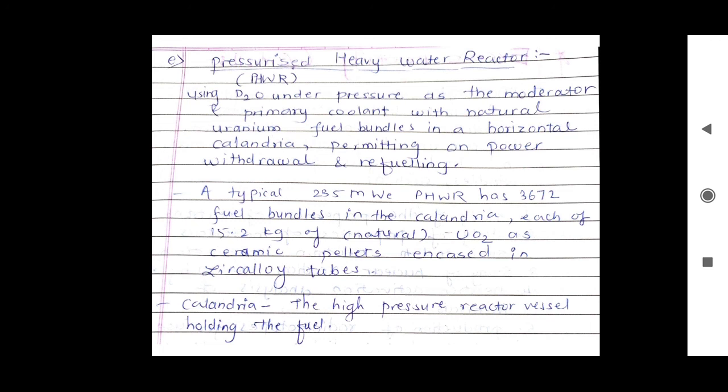A typical 235 megawatt PHWR has 3672 fuel bundles in the calandria, each of 15.2 kg of natural uranium as uranium oxide ceramic pellets encased in zircaloy tubes. The calandria is the high pressure reactor vessel holding the fuel. Simply, in the pressurized heavy water reactor, deuterated water acts as the moderator and natural uranium acts as the fuel. The fuel bundles are kept horizontally in a calandria, permitting power withdrawal and refueling. And here around 2